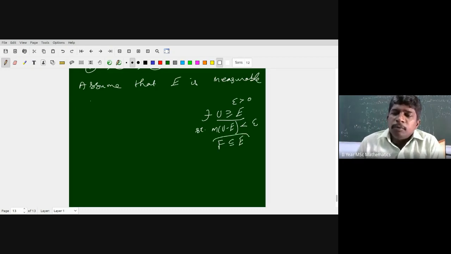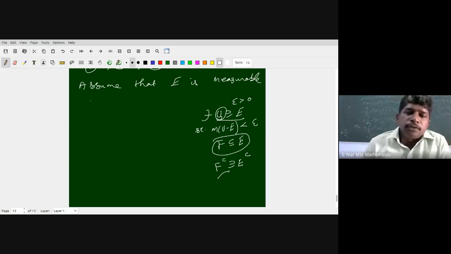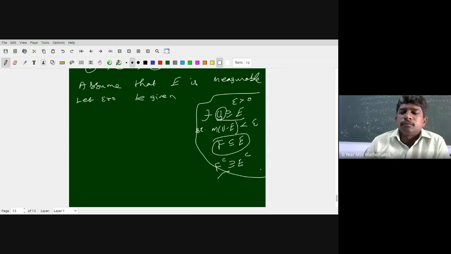So what about the complement of this closed set F? F complement is open, it contains E complement. So in the place of open set U, we have F complement. So we apply statement 2 for F complement, and then we arrive at this. So let us take epsilon greater than 0 be given. Then we apply